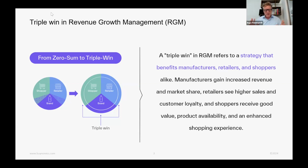And I think these are the core parties. And of course, I think most of us are in the game because we really want to sell products in a way that all the three parties benefit. And what we want to discuss here today is essentially how we get from more of a zero-sum thinking, where if one party wins, another has to lose, to more of a triple win,